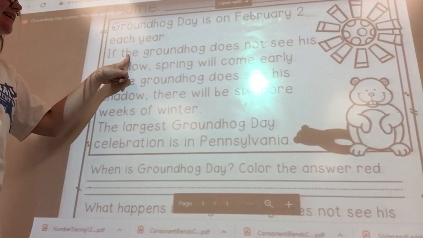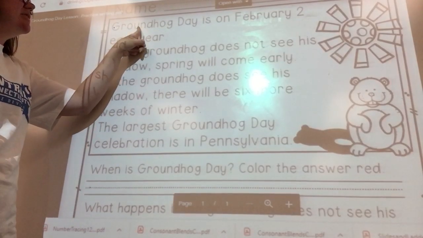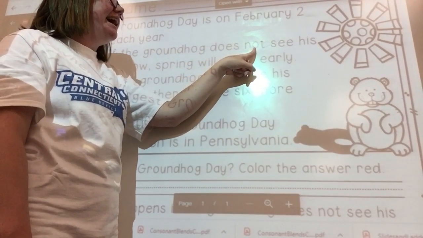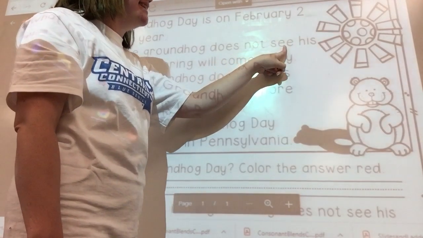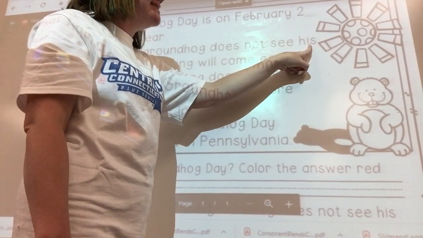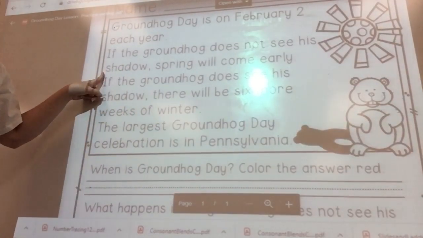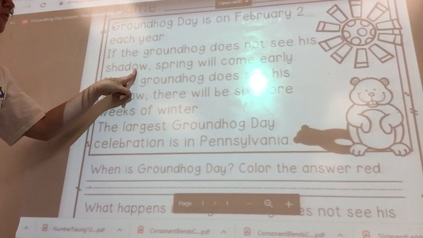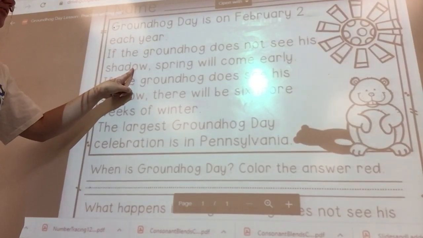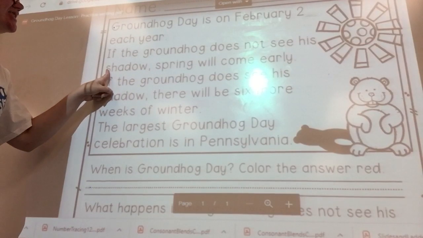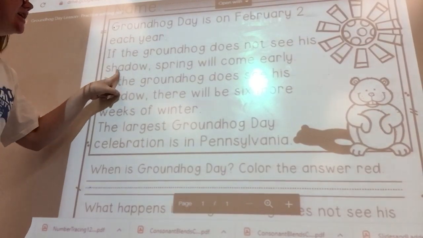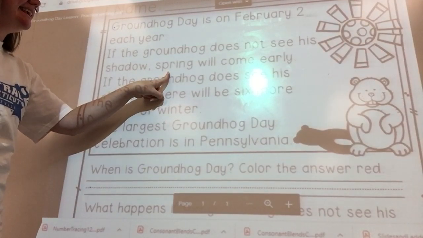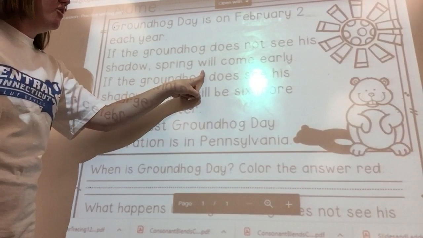If the groundhog, same word as up here, does not see his shadow. That's a tricky word because O and W together make the sound ow. Shadow. Shadow. Spring